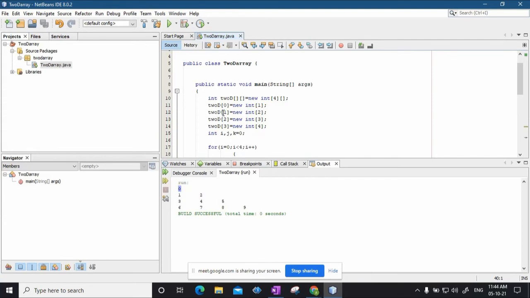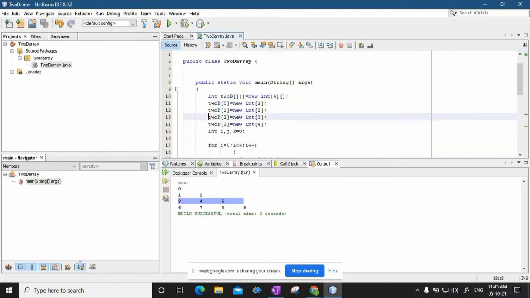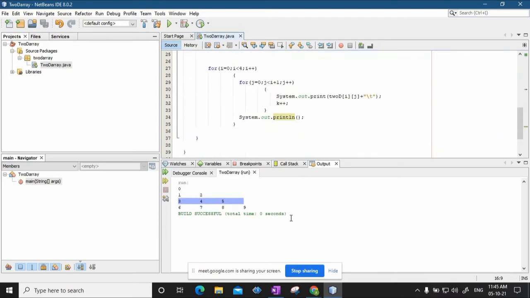Whereas in the second array, that is 2d of 1, we have declared two contiguous elements, and that's why 1 and 2 have been printed in the second row. Then in the third row, that is 2d of 2, we have declared three elements in that array. Notice that these are actually individual arrays. This is the first array, this is the second array, this is the third array, and this is the fourth array, which specify rows of the particular matrix, right? So this is how we have done.